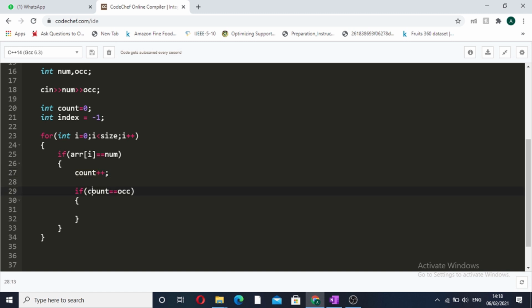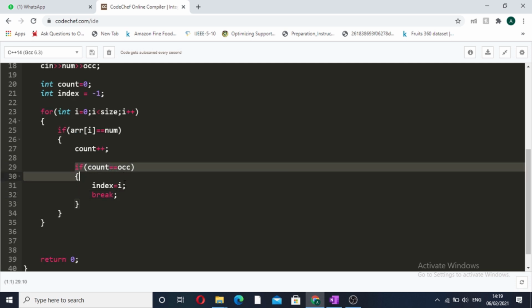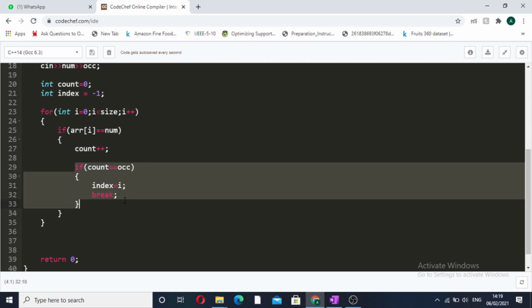So our count stores the current number of times the element x has occurred, and we check if our count is equal to occurrence. If this is true, then we update the value of index to i, which was initially -1, and we simply break from this loop if our count is equal to the occurrence we have to find.